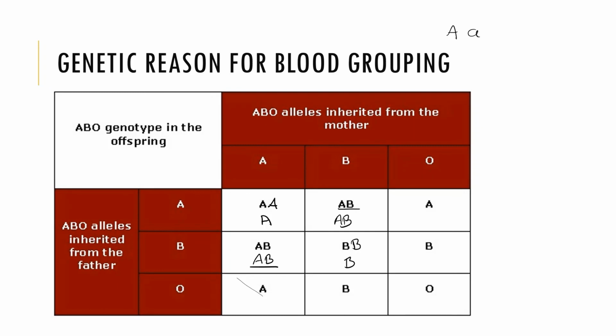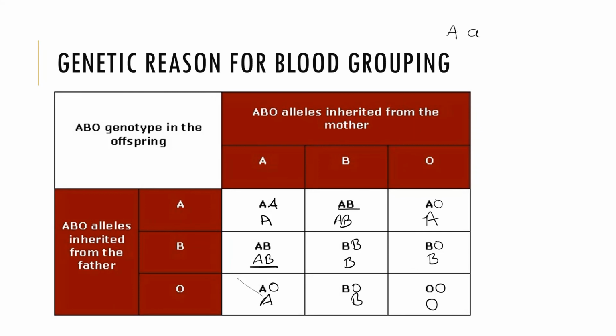If the father is A and the mother lacks any such gene, I said lacks, it's not zero, lacks, then in absence of any other dominant gene, the blood group will be A. Father is B, mother is O, or O blood group means no antigens present, then the progeny will be B. Father is O, mother is A, progeny will be A. Father is O, mother is B, the progeny will be blood group B. Only if both the mother and father show absence of any of the antigens, then the progeny will show a phenotype of blood group O.